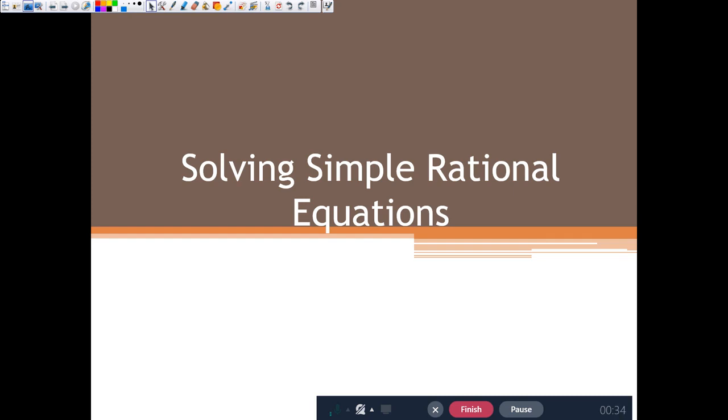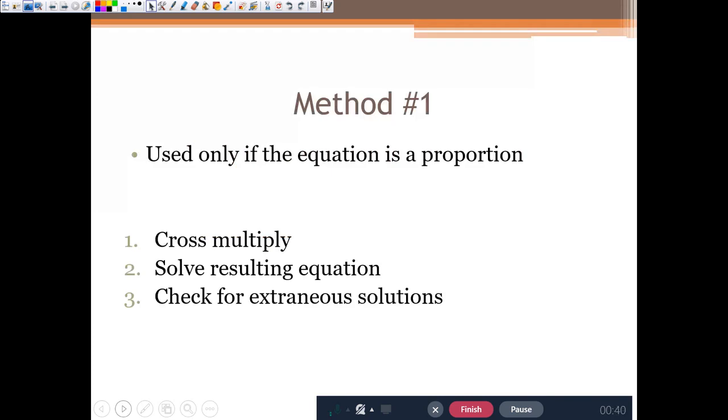So there's going to be two methods for solving this. Our first method, you're only going to use if you have a proportion. This is a lot like the way we were solving proportions in similar figures. So we're going to cross multiply, we're going to solve the resulting equation, and then we're going to check for